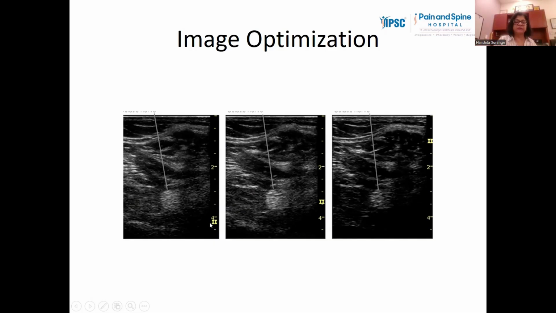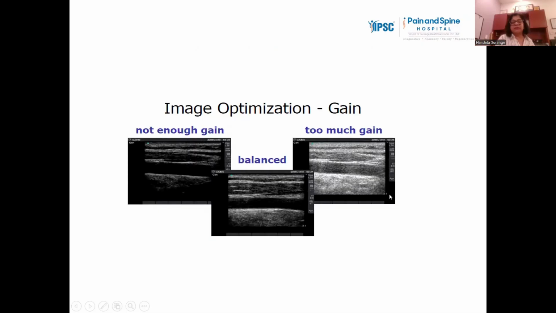This focus should be right at the target area. See, the focus here is below the target area, so you don't see it that well. Here, the focus is above the target area, proximal to it, so you don't see it well. But here, the focus is right at the target area, hence you see it pretty well. So we have to ensure that our focus lies at our target area. Now, what does focus do? The focus converges the ultrasound beams to that point, so that maximum can be reflected back and you see it best. Now the next button is the gain.